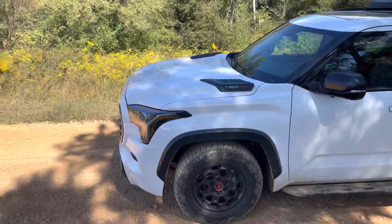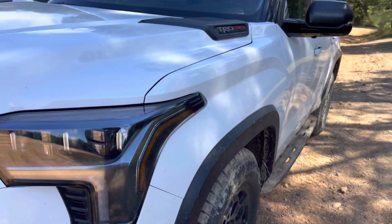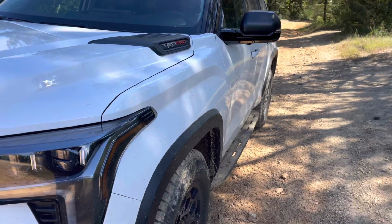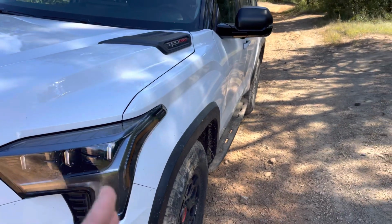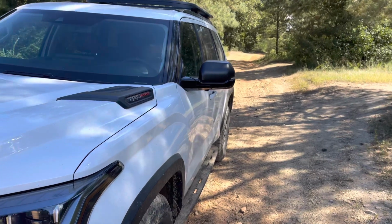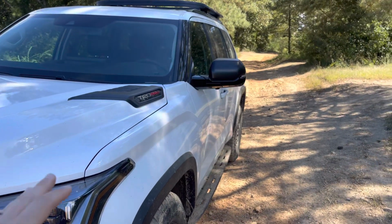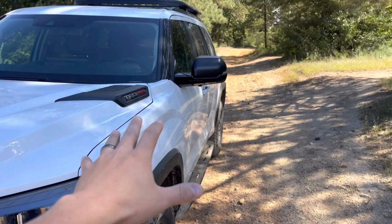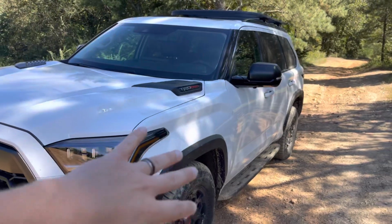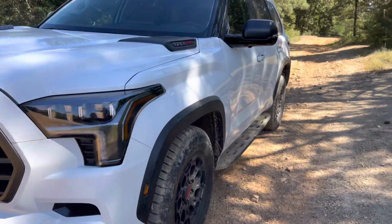And more than that, right? You got really nice body lines throughout it that I think oftentimes when you get into the giant SUV segment, like Suburbans, Tahoes, Expedition, they're all just kind of straight. They're all just flat, right? They're just boxes they've become, because they got to save money somewhere, so they're not going to bother giving you cool design cues throughout it. Not to mention, it's a little bit cheaper to replace panels if you're getting in an accident, if you just keep it simple. But I love the fact that Toyota went the extra mile and made some pretty cool design cues